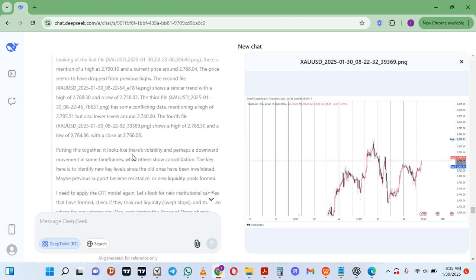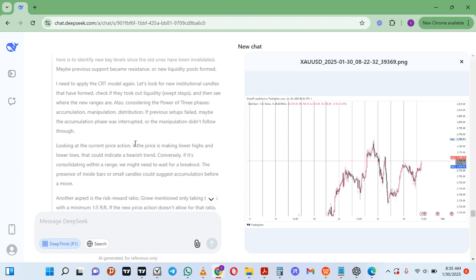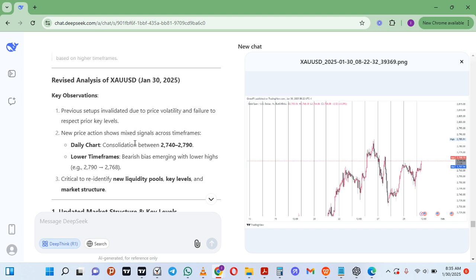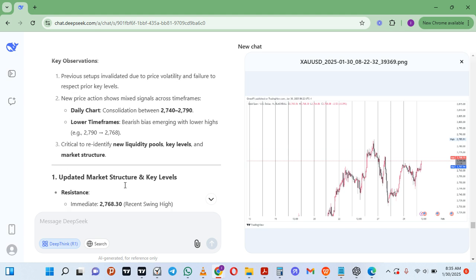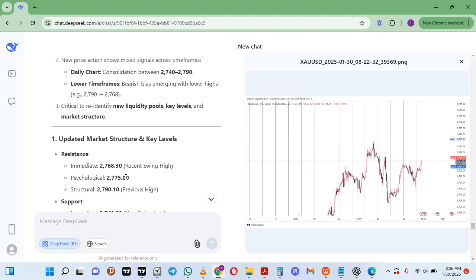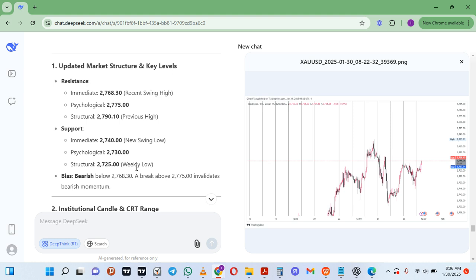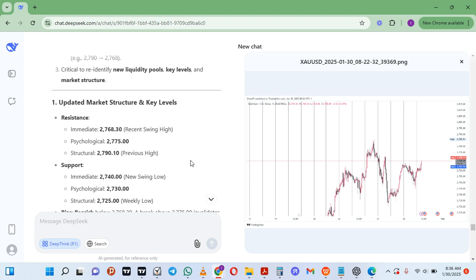So what this AI has done, it has combined four different time frames with a clear instruction and criteria of how I trade, right? I normally trade using the higher time frames. I find key levels on the higher time frames, that's daily or weekly. Then I come down to the lower time frame, which will be the 4 to 1 hour, and look for points of interest. It's at these points of interest that I look for setups according to my